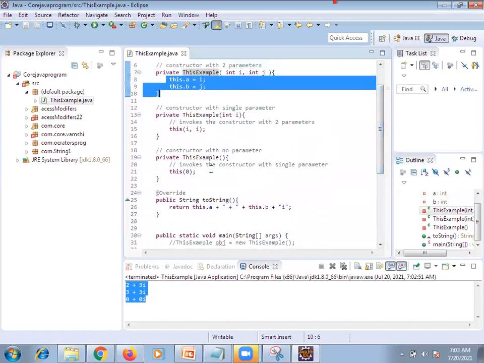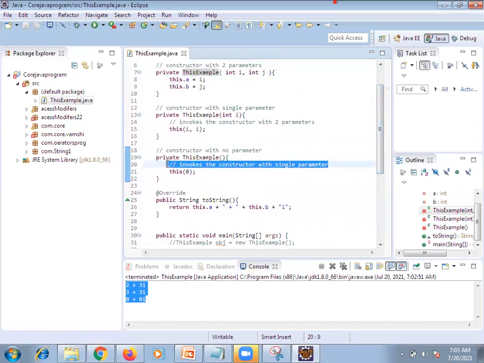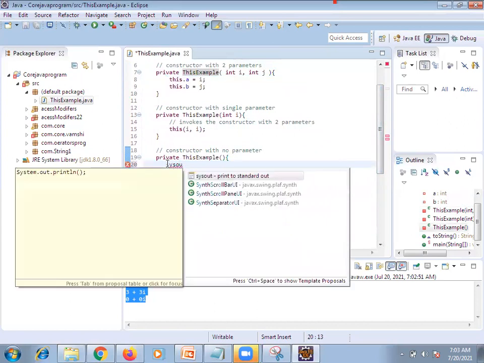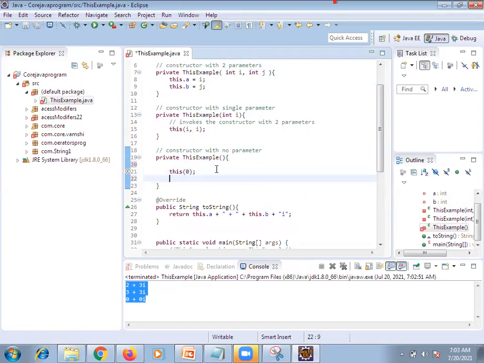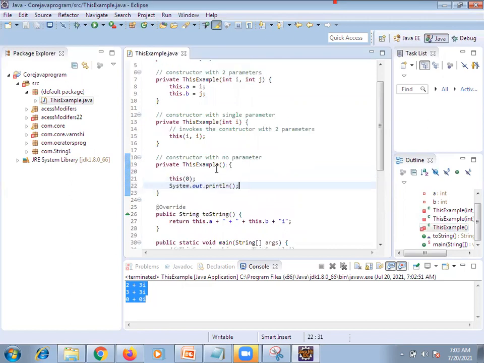Now you can mention sys out here. Let's wait. You are getting it, right? What is the error you are getting? Constructor call must be the first statement in a constructor. Got it?